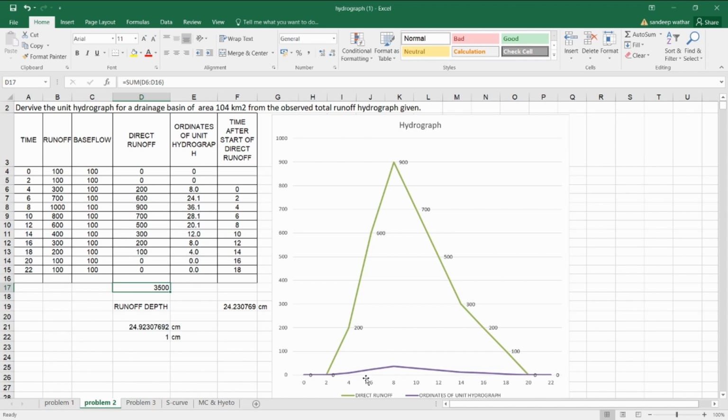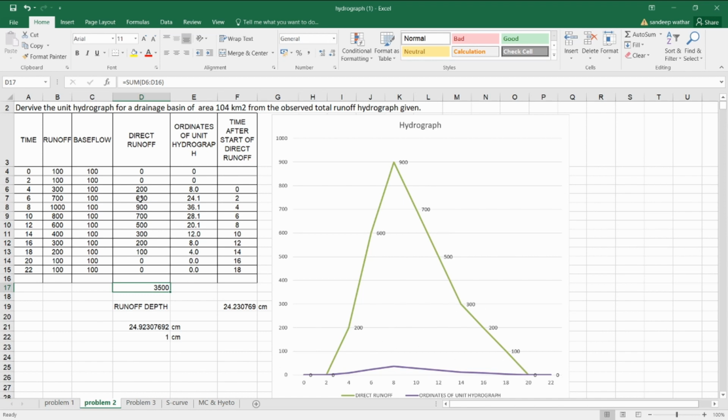So let me calculate the time in terms of seconds. The number of seconds between one interval will be 60 into 60 into 2, which is the total number of seconds within any interval, okay? Now the ordinate at 2 is 0, the ordinate at 4 is 200. If I take the average of this, 200 by 2, multiplied by this will give me the volume of water.